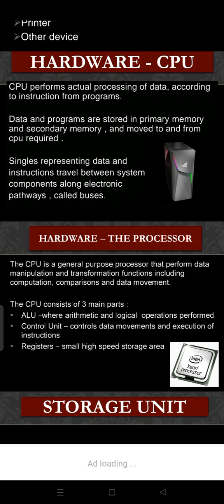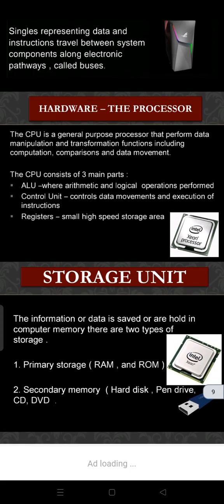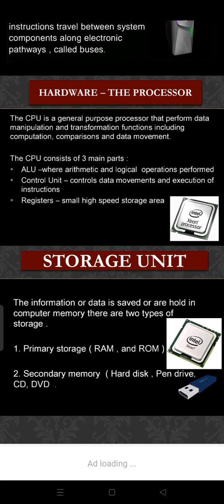Signals representing data and instructions travel between system components along electronic pathways called buses. Hardware is also called the processor. So, the processor, the CPU, is a general purpose processor that performs data manipulation and transformation functions, including computation, comparisons,